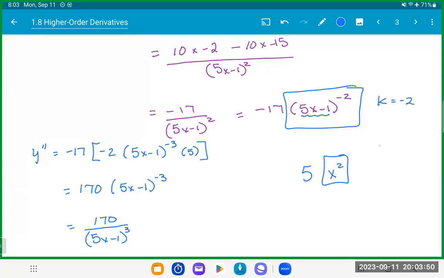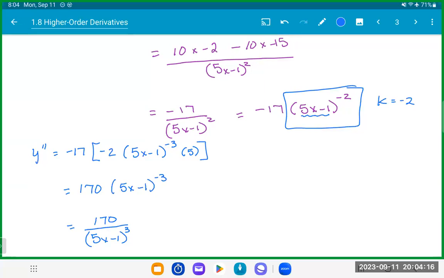And so if I do that, that's really like 5 times 2x. And then we multiply these. So that's all I was doing here, saying let's save that -17 till the end, and it won't change any bit of our problem. But that way it leaves us here with what I have boxed in the blue to do our extended power